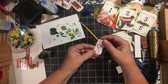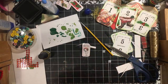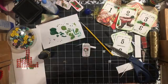But, you know, even if you decided to make a card using like the wallet size of her and just doing some layering,